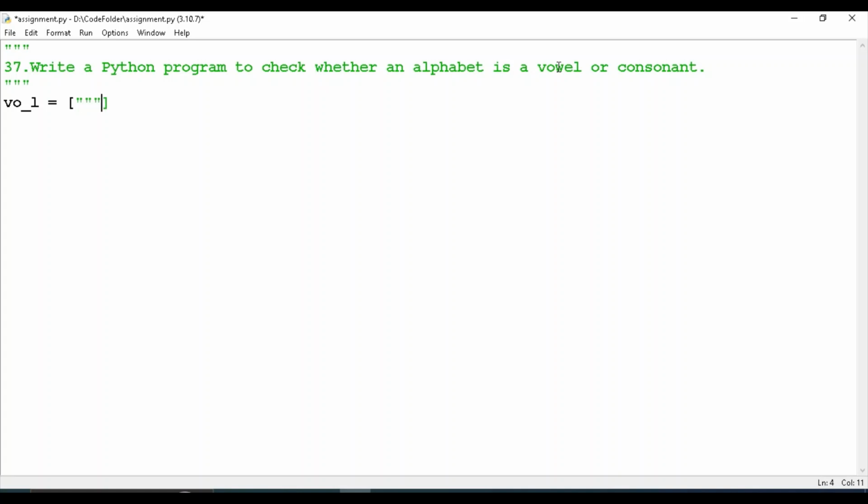So it is A, E, I, O, U. So these are your vowels. A, E, I, O, U. So these are the vowels. Now,